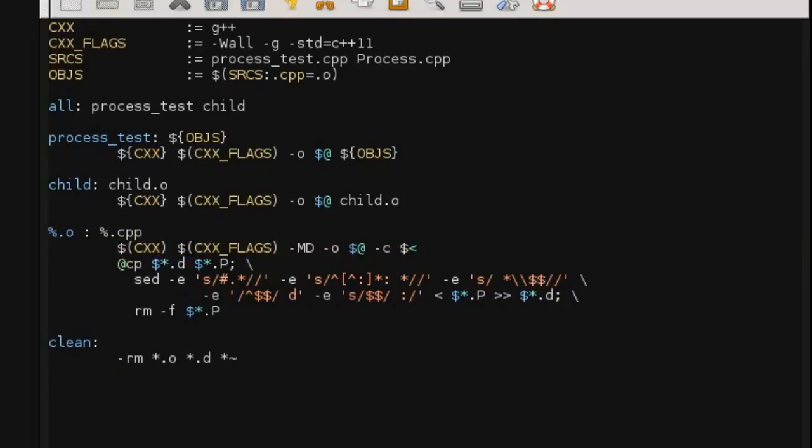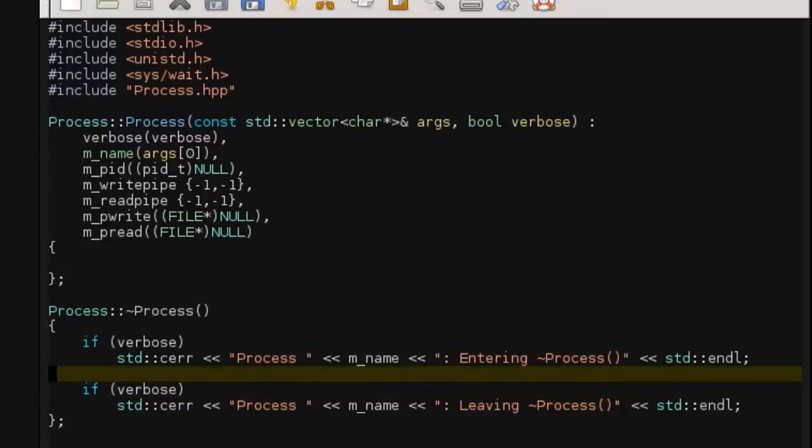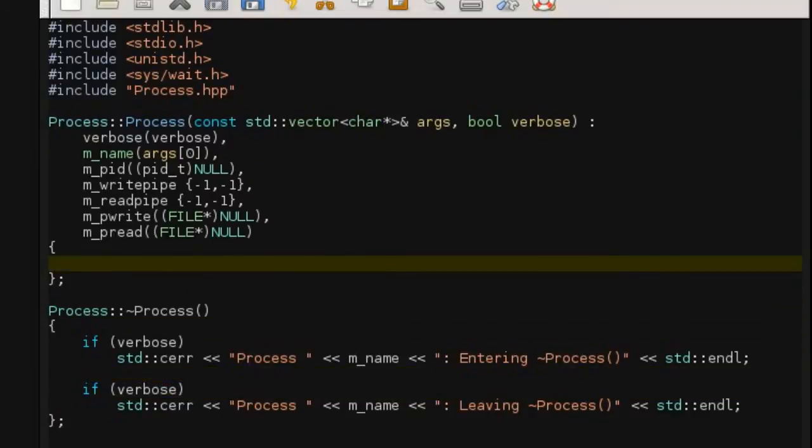And so right now we want to implement the constructor and destructor. In RAII, when I create an object, I want the resource to be acquired and initialized. In this case, the resource is the process that we want to create. And so in the constructor, I'm going to call the fork system call, and I'm going to combine it with this if statement here. So if my PID is fork, and fork returns a PID, and if that is less than 0,